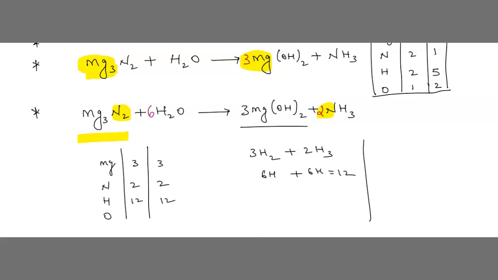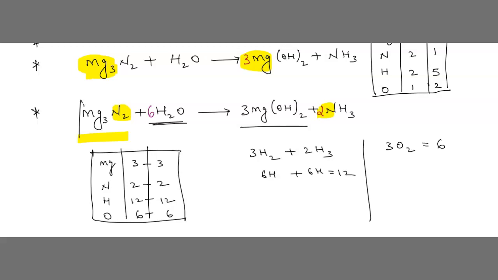Now come back to O also. How many O? Here 3O2. Correct? How many O? 3 2s are 6. That is product side we have 6. And here you can see in reactant side we can take this 6 into O, 6O. Here also we have 6. So now what we can say, children? Both the sides are equal, no? 3 3, 2 2, 12 12, 6 6.